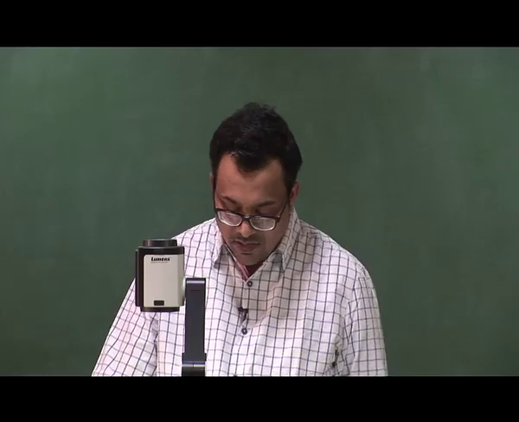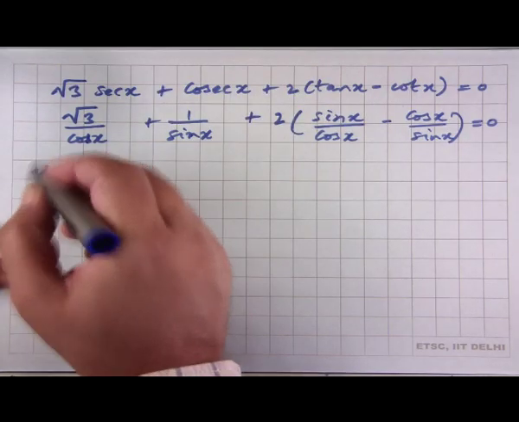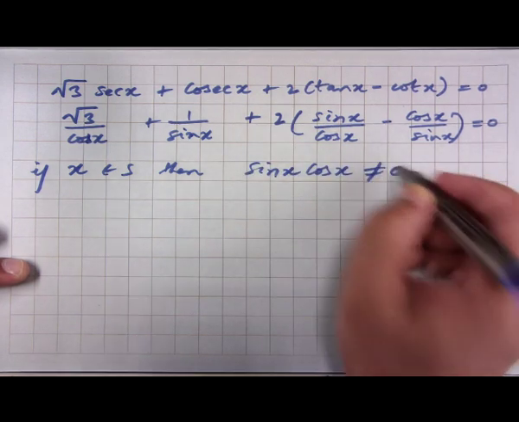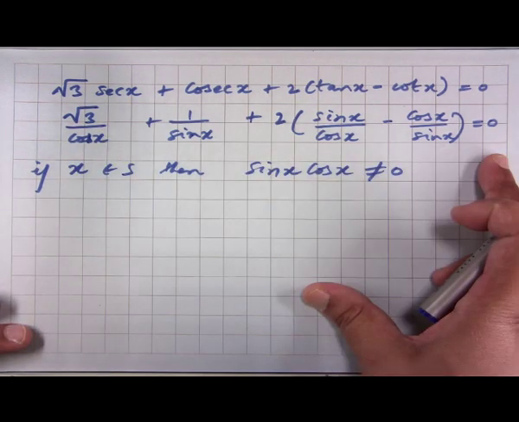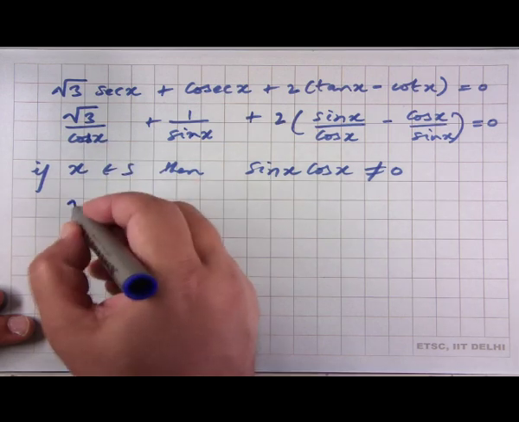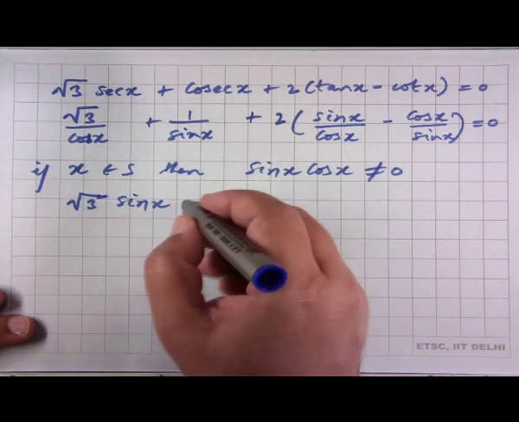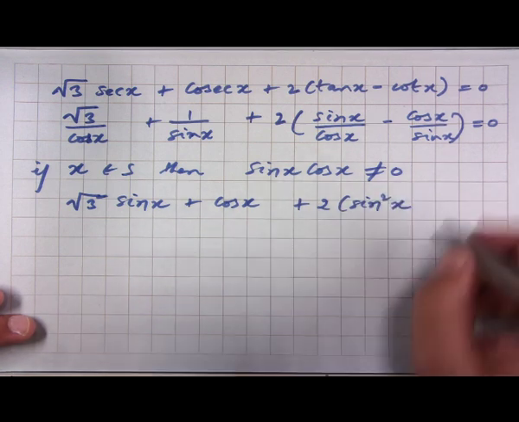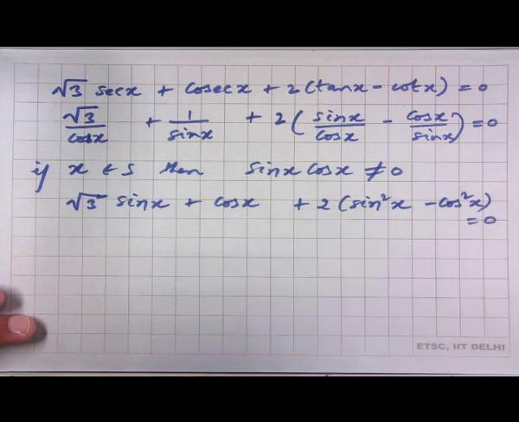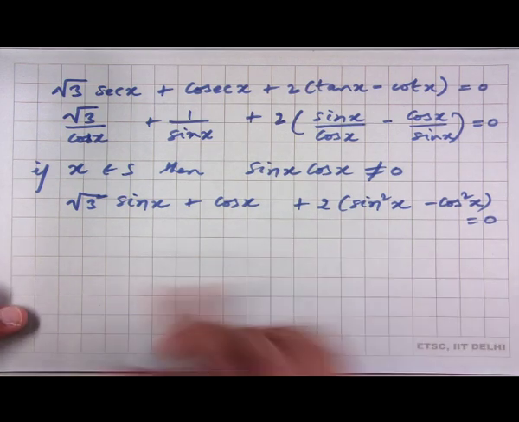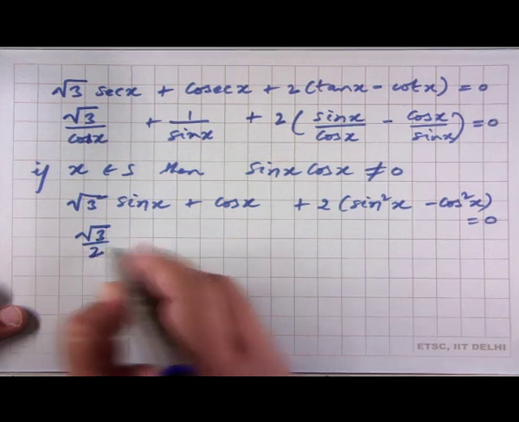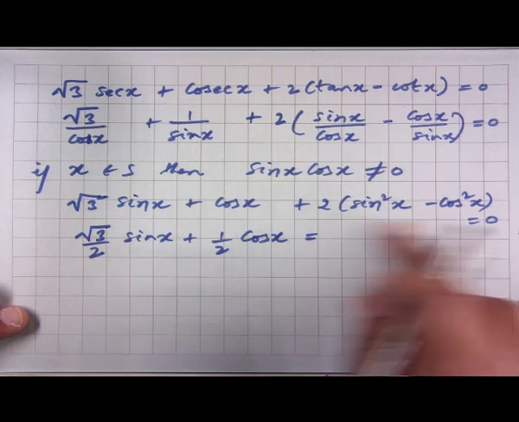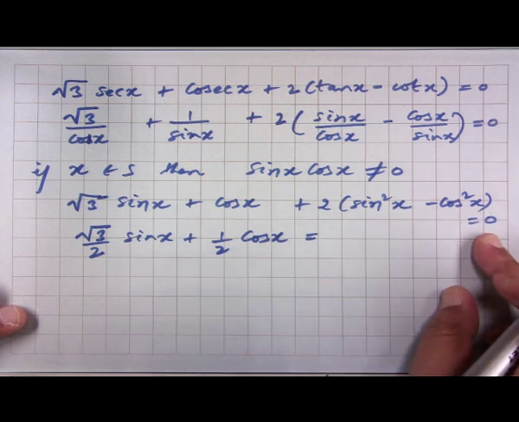So we know that if x belongs to S, then sin x times cos x is not 0, and therefore if we multiply both the sides of this equation with sin x cos x, what we end up getting is root 3 sin x plus cos x plus 2 times (sin square x minus cos square x) equals 0, and a little bit of rearranging these terms is going to give us root 3 by 2 sin x plus half cos x is equal to, so this we take to the right hand side, it becomes cos square x minus sin square x,